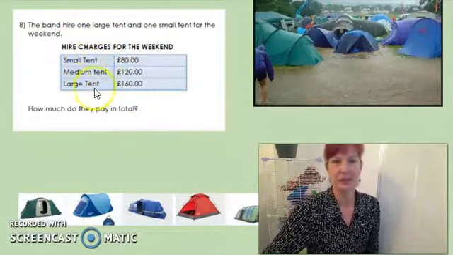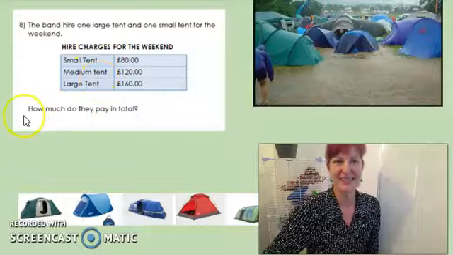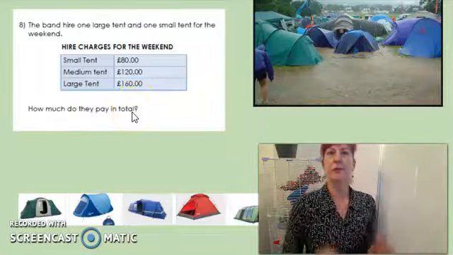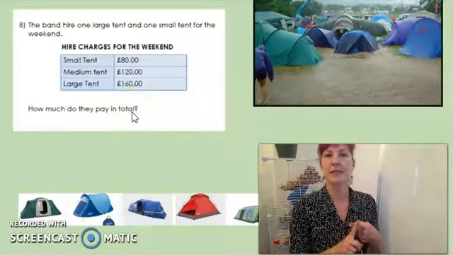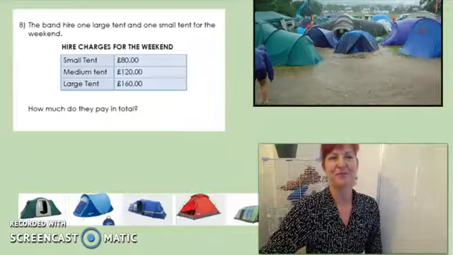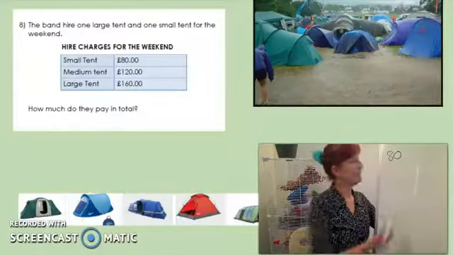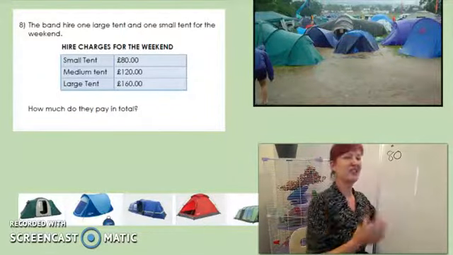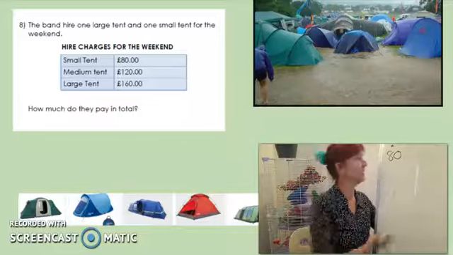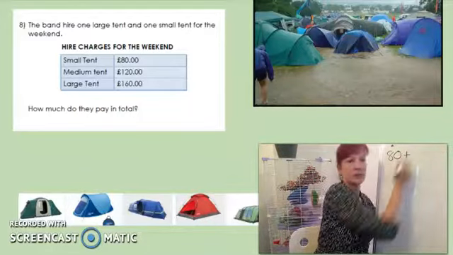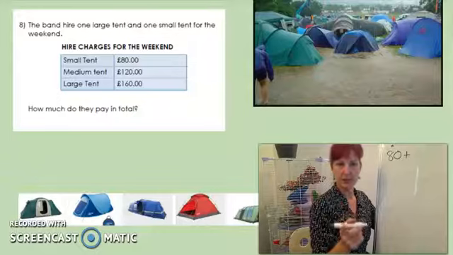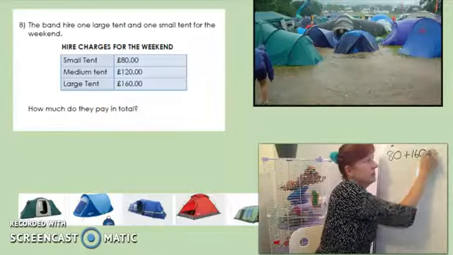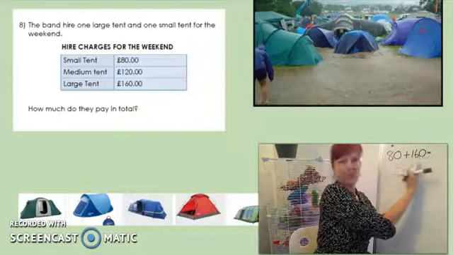We like tables. Organised, easy to understand. How much do they pay in total? So total is everything put together. So I think it's going to be an addition. Have a go. So I've got my £80 for my small tent. You could put a little ST over there just in case you have to go back in the exam and check it. 80 plus. And then how much was my big tent or large tent? £160 equals, so 80 plus 160,